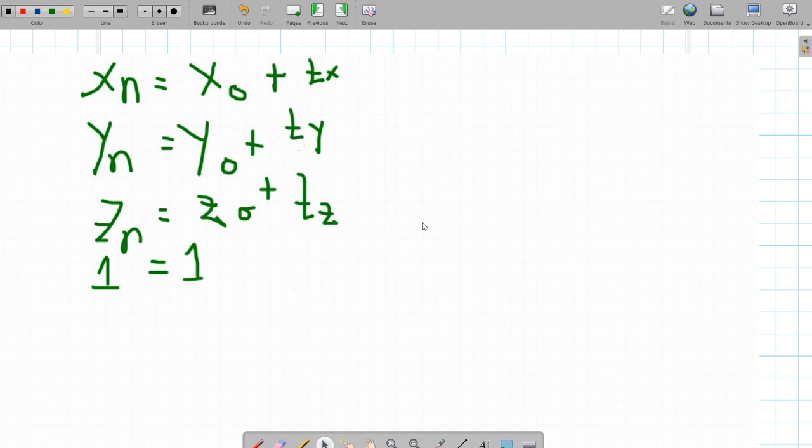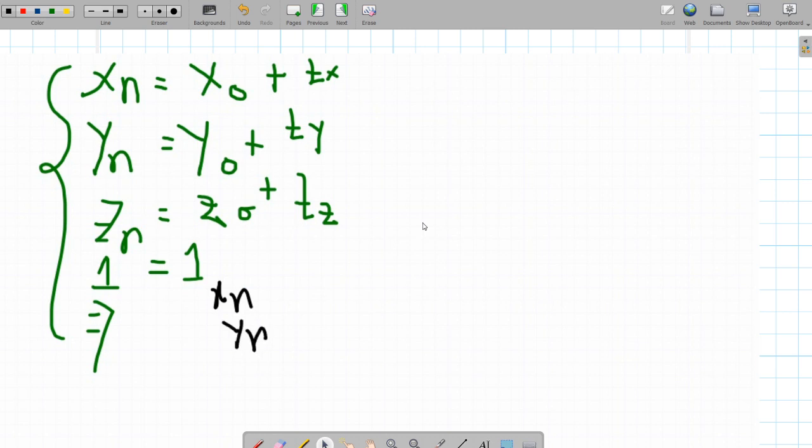So let me convert these 4 equations to a single equation involving matrix xn, yn, zn, 1 on the left hand side,